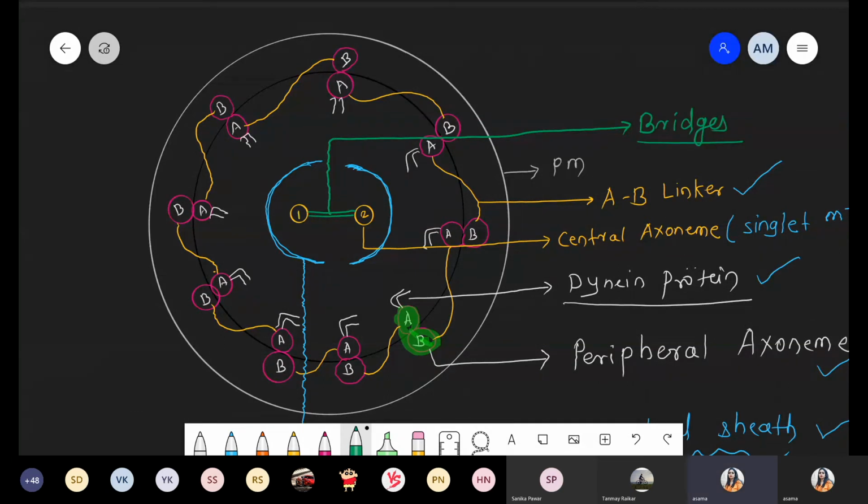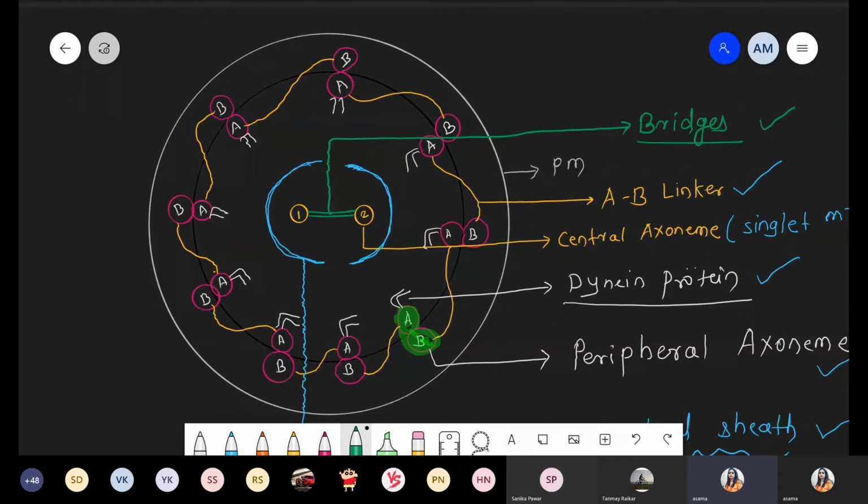So we discussed the central sheath, and after the central sheath we discuss the bridge also, and where that bridge is present: at the center, which is represented by this green color. Last part. Now ये तो complete entire structure हो गया, showing the circular arrangement like a cart wheel like arrangement.